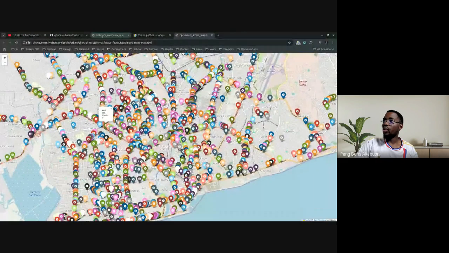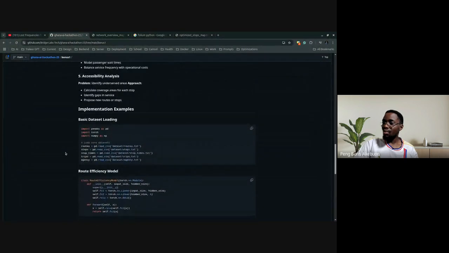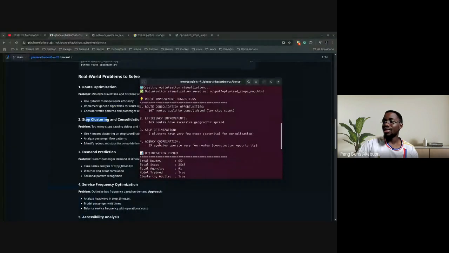But I want to close it out by giving a couple of sample problems and how you can solve them. We already talked about the route optimization. You can solve it with a model that you train to understand the different tracks, and then you can also use a clustering algorithm to bring together things that are similar in your data set and try to figure out what that means. And once you figure out what that means, then you try to build something that can overcome that challenge. Just like Gottfried said, this was a very raw